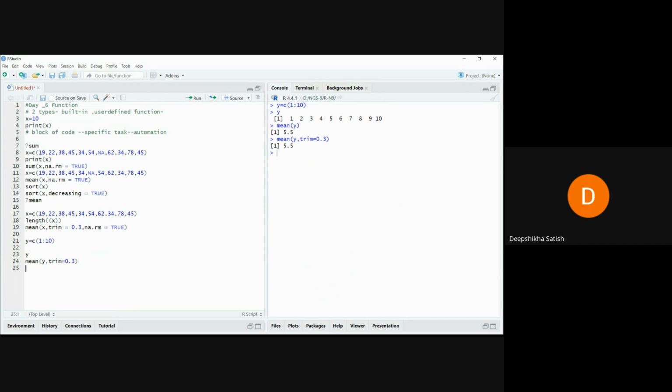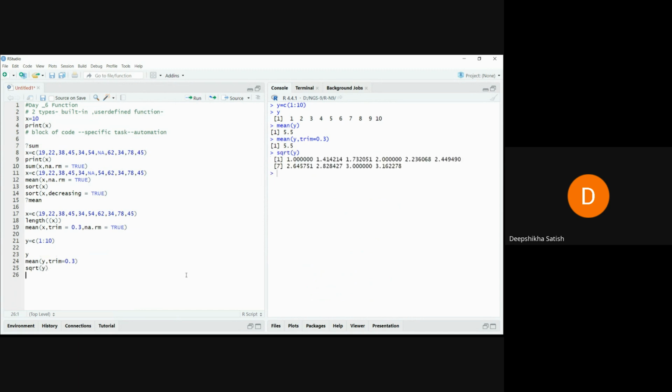Because it's the middle part, mean is going to take 4, 5, 6. So that's why we are getting 5.5. If they are random numbers, then we'll get a different value. Then if you want to calculate something, suppose let's take square root. No need to calculate the square root of each element separately. As this is a function, just pass that vector and it will give the square root for each element